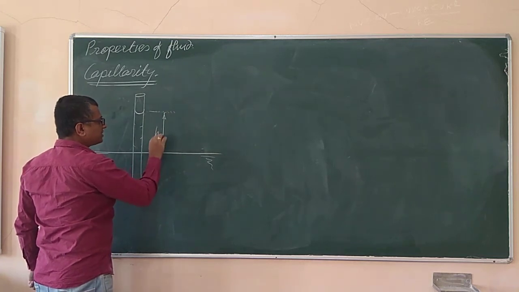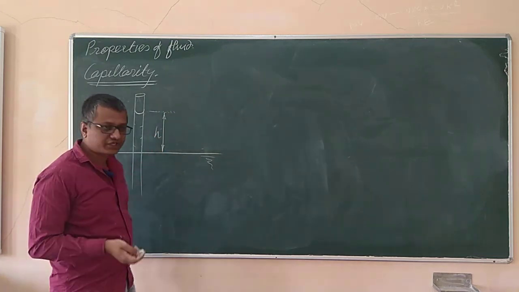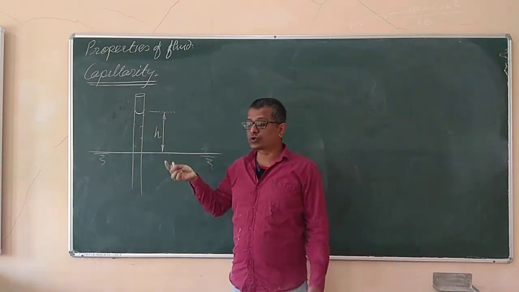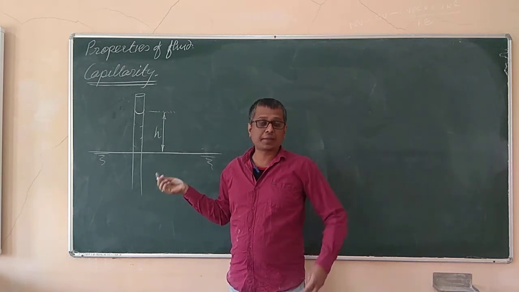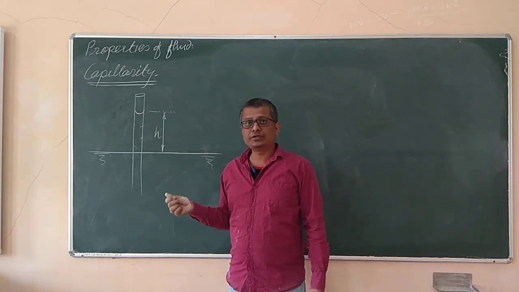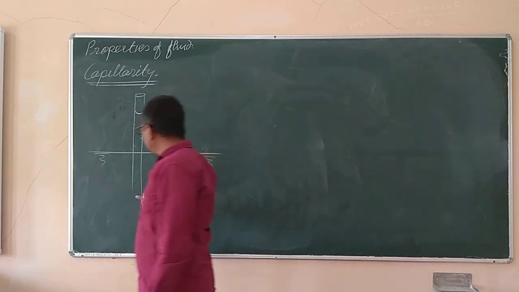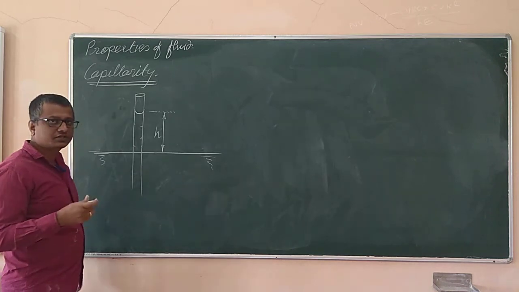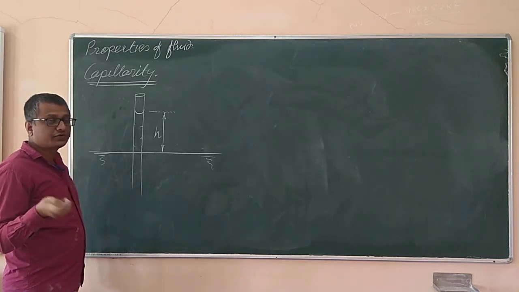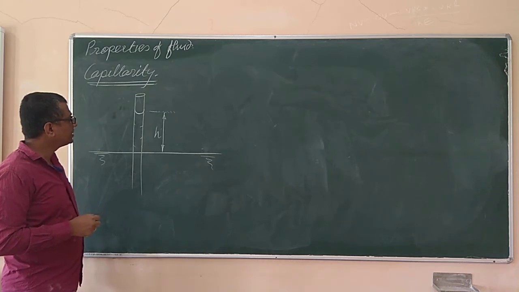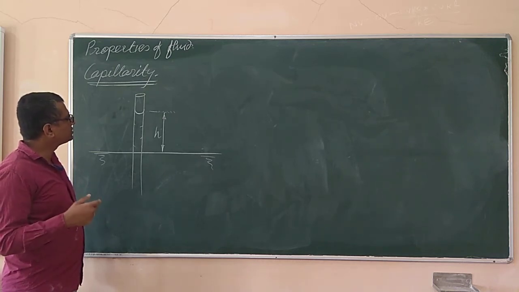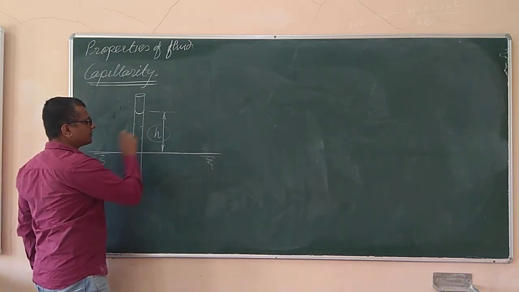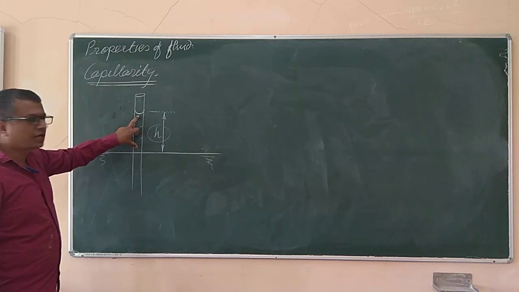Now it is a surprising thing that without any pump or any external agency or force, the liquid is rising up into the capillary tube by its own. No one is lifting it up. It is happening naturally. Why does it happen? This is due to the concept of surface tension, the difference between the cohesive force and the adhesive force. We will not go into much detail, but directly we will see the equation for the height of the liquid column in the capillary tube.